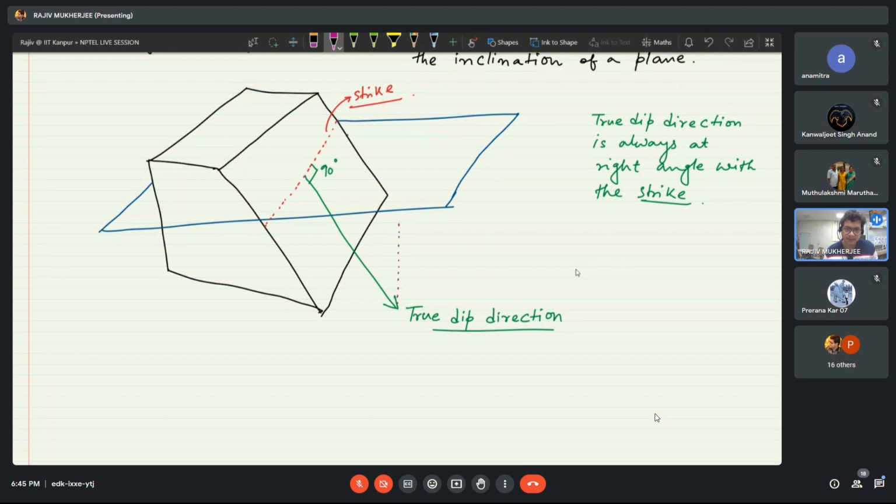It simply will be a vertical line drawn from this dip direction to the horizontal plane, and so this will give us the dip direction, right? So dip direction measured by the compass, because a compass always measures the directions in a horizontal plane,